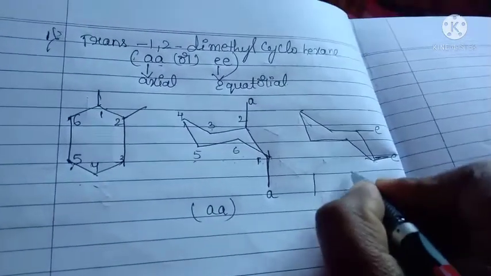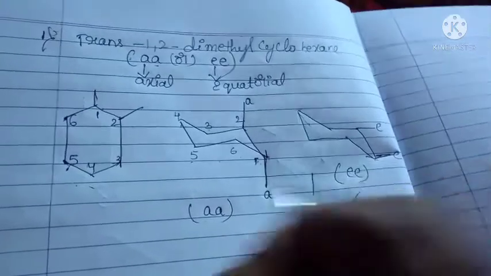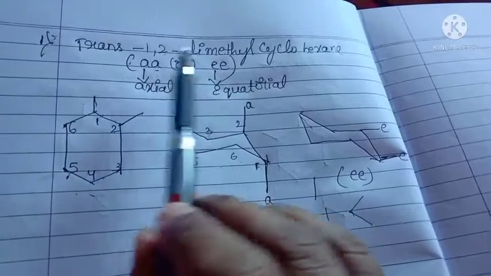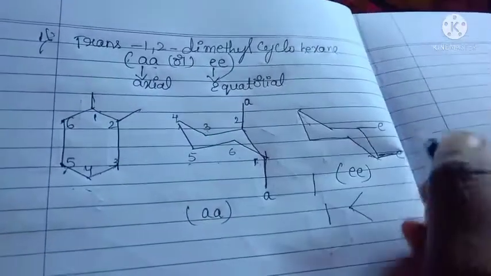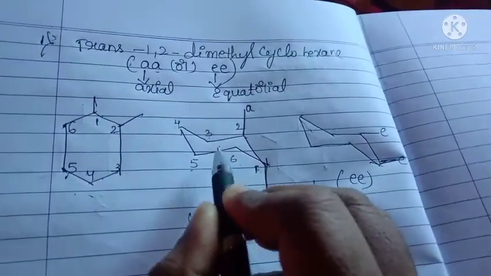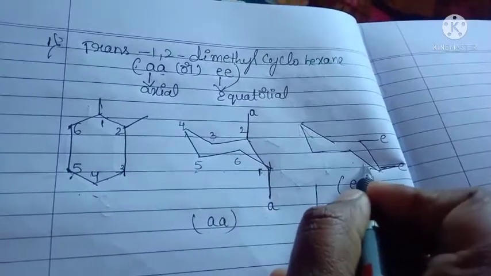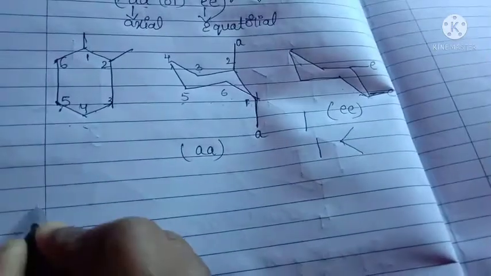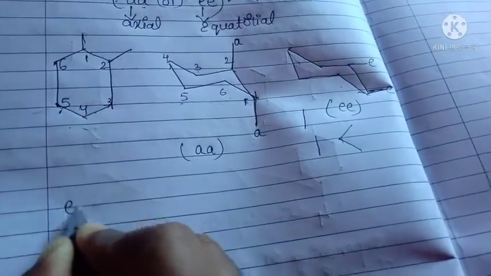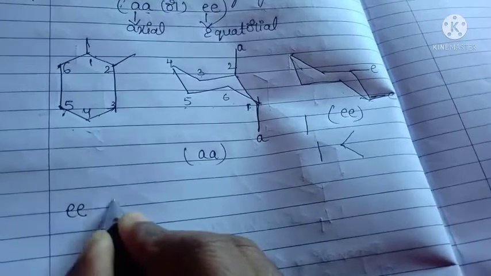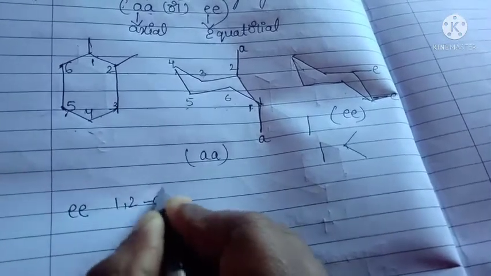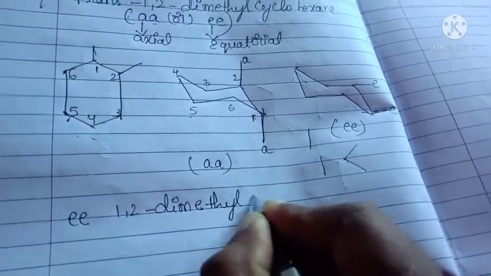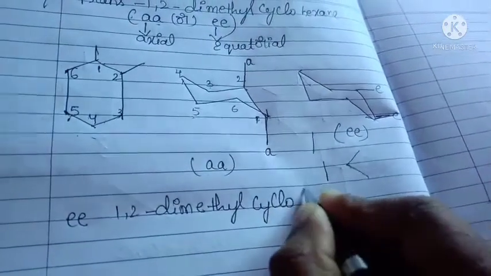This is equatorial, this is EE. This is the structure of 1,2 dimethyl cyclohexane. Here I am not giving a numbering. This is the same for equatorial also. In the above structure, EE 1,2 dimethyl cyclohexane